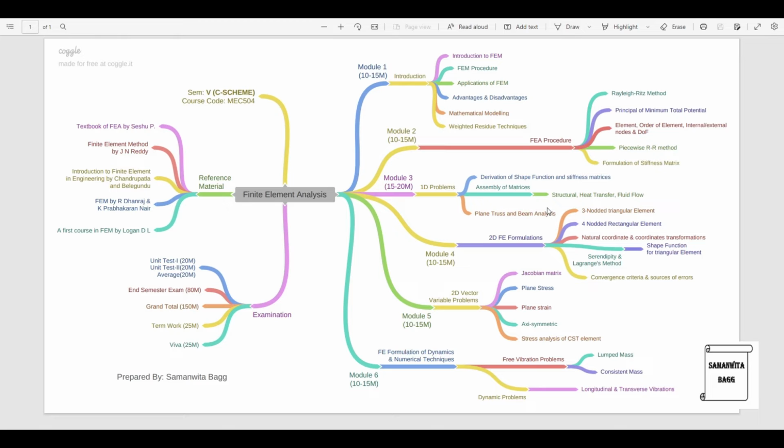You may have numericals like a step bar which is subjected to some load. You may also have some tapered bars to analyze. You may also have numericals like step bars which are subjected to some amount of temperature change, which you have studied in strength of materials. So those things are included here. Whatever solution you have got using strength of materials will be verified using this technique of FEA.